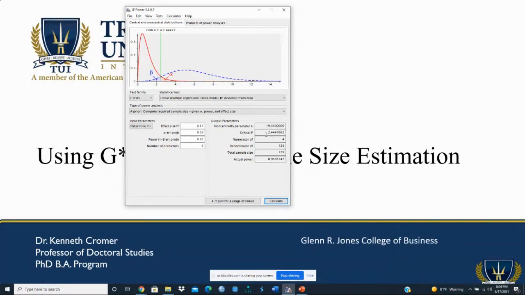our critical F, which is the F value that we need to reject the null. The numerator is 4. This gives us our degrees of freedom, but the biggest thing we're looking for is right here, the total sample size. For this particular calculation, the minimum sample size we need is 129. Now here at Trident, we set our university minimum at 200. We want you to have at least 200 samples, so you have